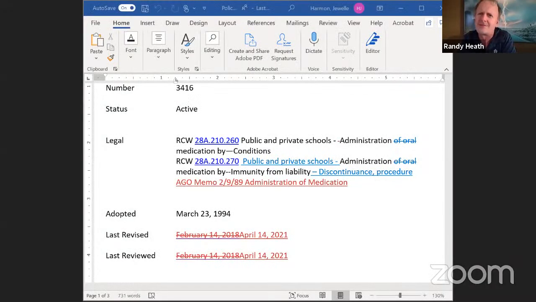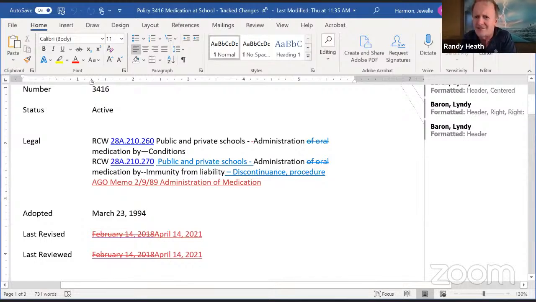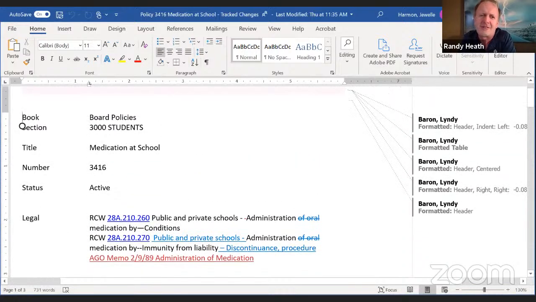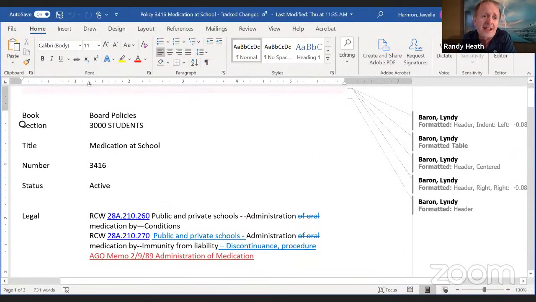I'm going to pull up the version with track changes so they can see the policy piece, and you just let me know if you want me to share something else or move away from that. Absolutely. And since I have you here tonight, I want to take this opportunity to really call out Lindy Barron, who is our Assistant Director of Health Services, who has been working incredibly long hours through this whole thing. I don't know what I would do without her. So I want to publicly thank her for all of her work. And in the midst of that, we continue to do just the ordinary work around policy and procedure and other things.